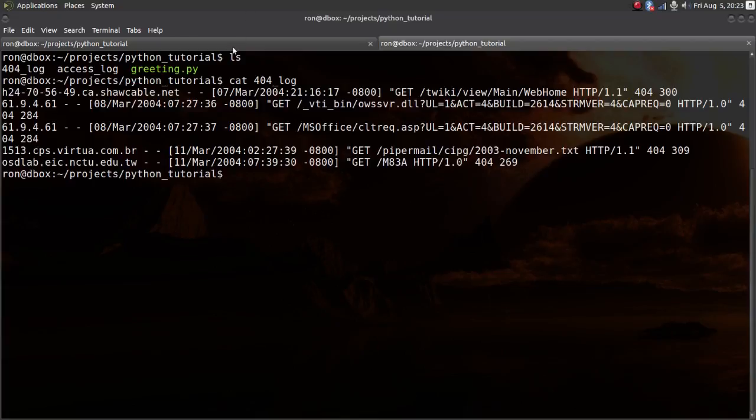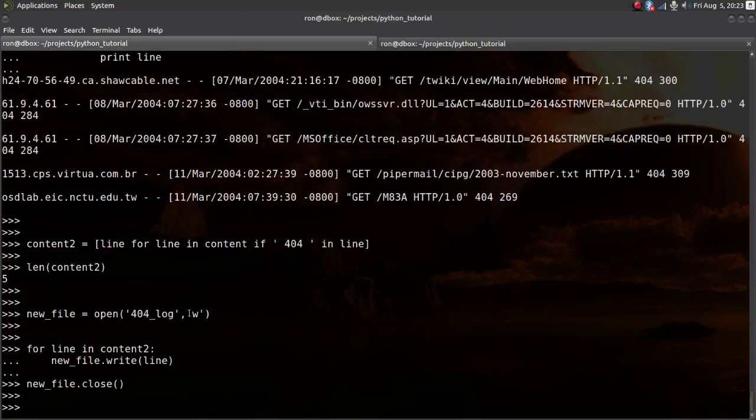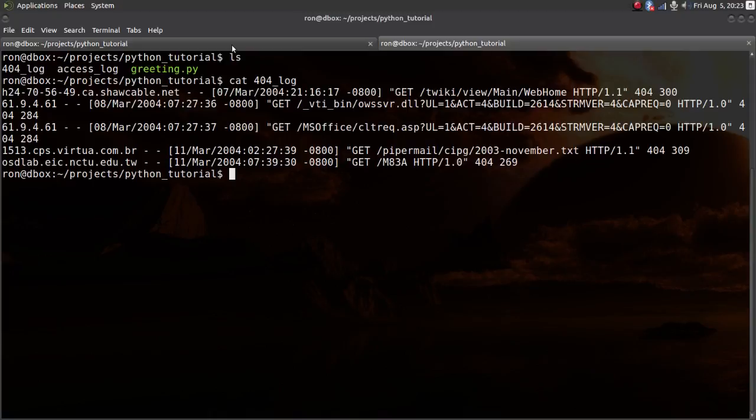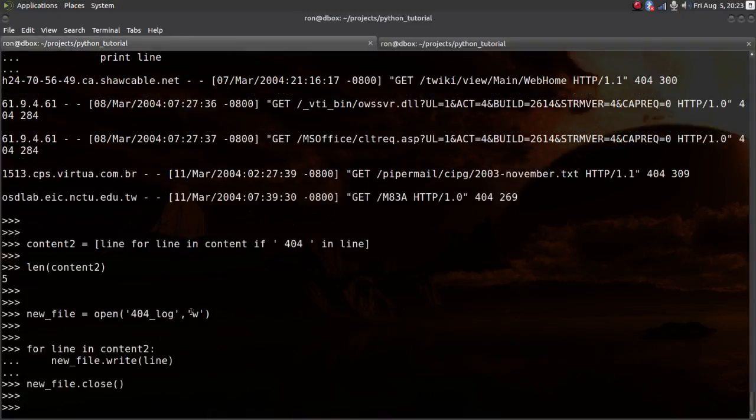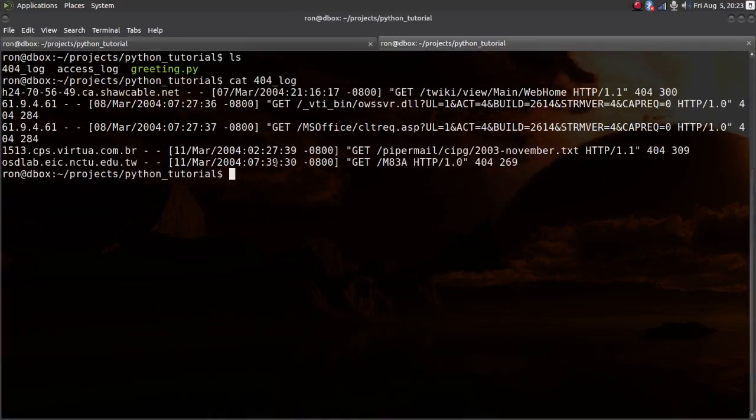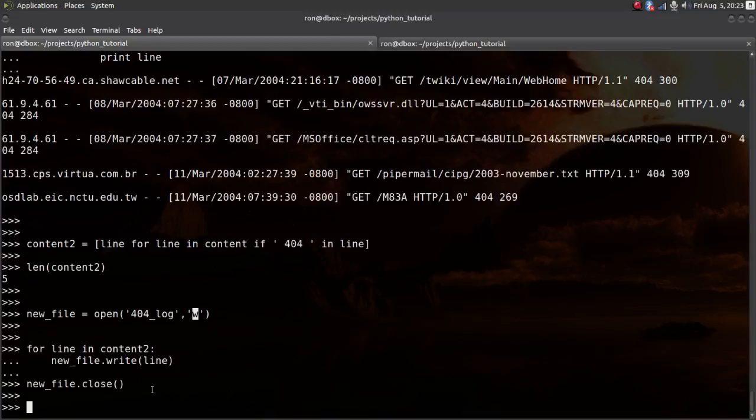All right. And so I opened it for write. If I were to open it again for write, I'm going to lose this data that's in it. But if I were to open it with an A for append, those additional entries would just be below these entries that I made. Okay? So that's how you read from a file. You can write to the file. I even showed you a little bit of list comprehensions because that's typically how I iterate through some of these